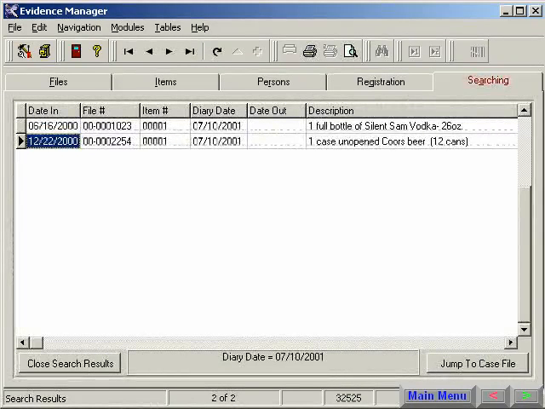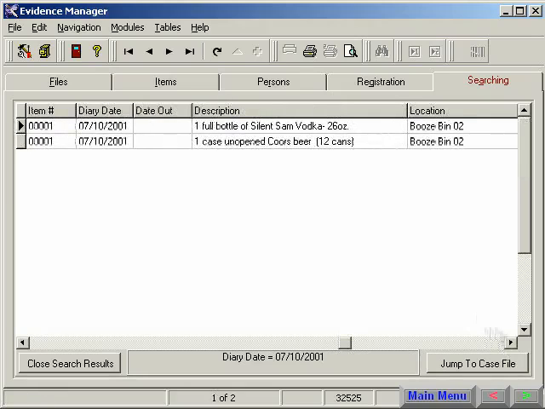Our results are displayed in an instant, and we can see that we currently have 2 items diary dated for our July liquor disposal. The second item on the list is the Coors beer that we just diary dated. We can also scroll the table over to the right to see the locations where we can find our items. That's all there is to retrieving a list of diary dated items. That concludes this portion of the Evidence Manager tour, so we'll navigate back